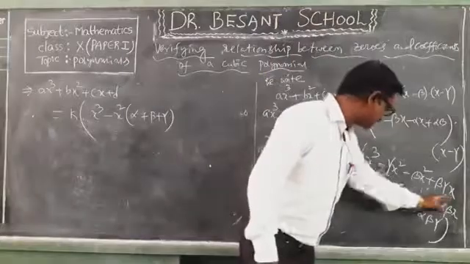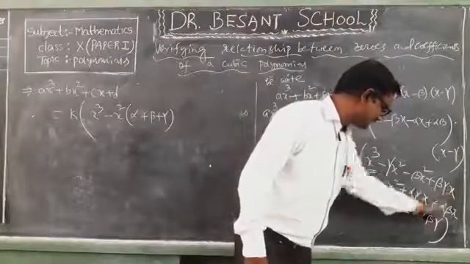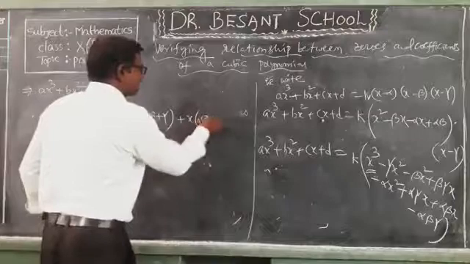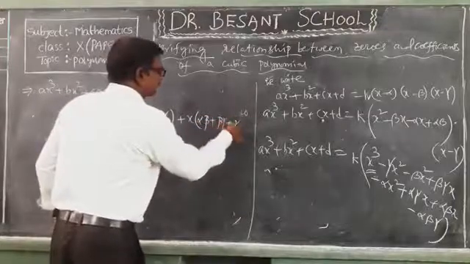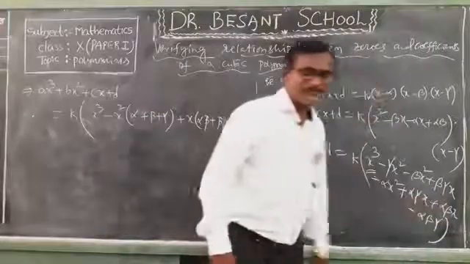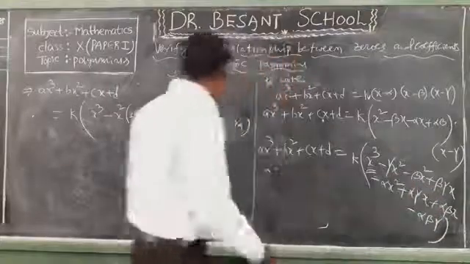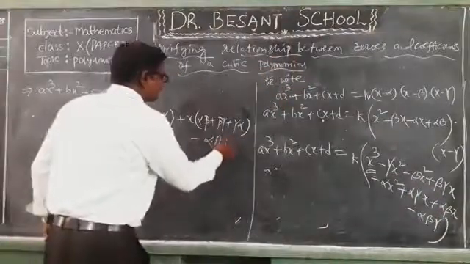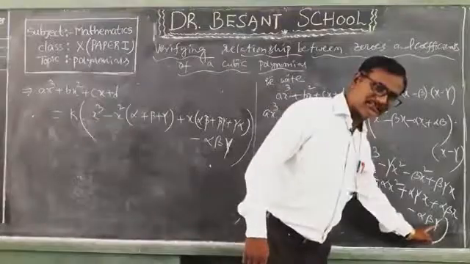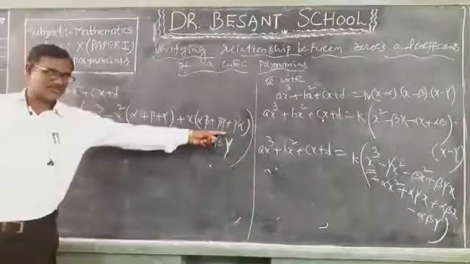Now come to these terms of x. It is an x term. So x I will take out as common. Still I have alpha beta plus beta gamma plus gamma alpha. Observe here, if you take x out as common, alpha beta plus beta gamma plus gamma alpha. And lastly we have minus alpha beta gamma. See, this is the constant term, minus alpha beta gamma. Okay children. Now come to this one. So, learn it by heart.